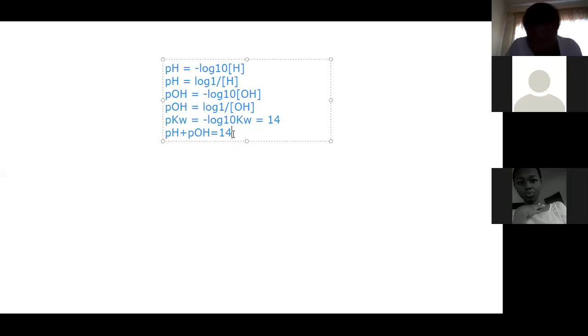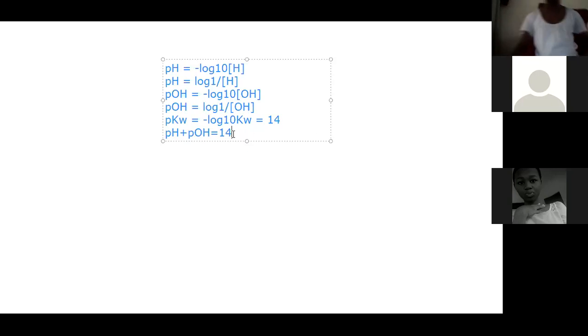Now let's try a typical example. Calculate the pH of aqueous solution. Are we there? Calculate the pH of aqueous solution of